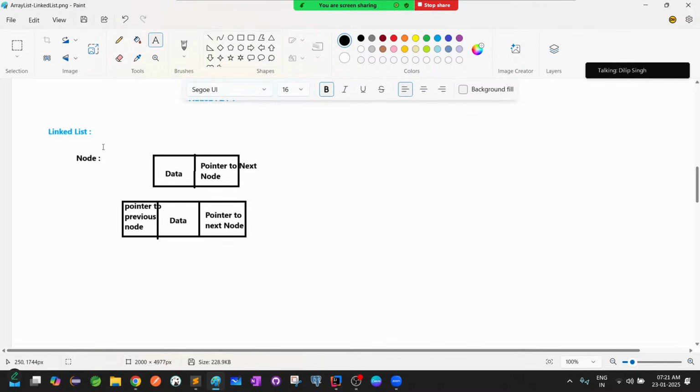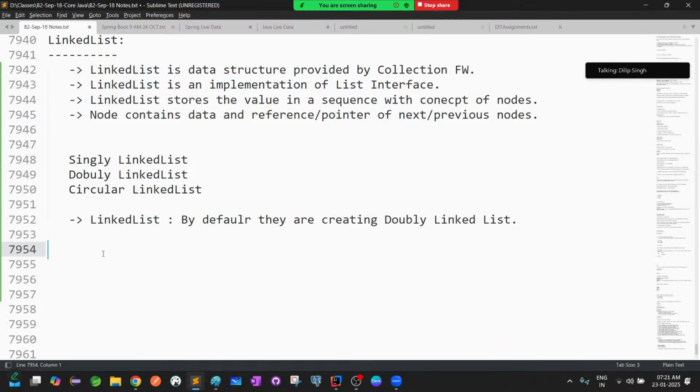For example, whenever you create a linked list and start adding values, what I will do is create an object: LinkedList equal to new LinkedList. Okay, cool. And you know that we have to use generics in our collection framework. So we have to use generics. Assume I'm storing some integer values for the time being. Okay, cool. So the moment I create a linked list and I am storing values, list dot